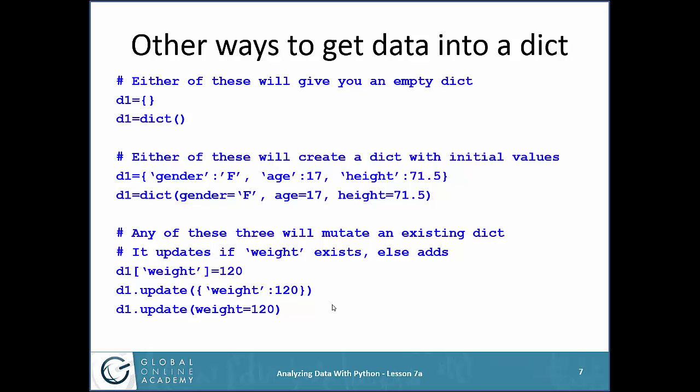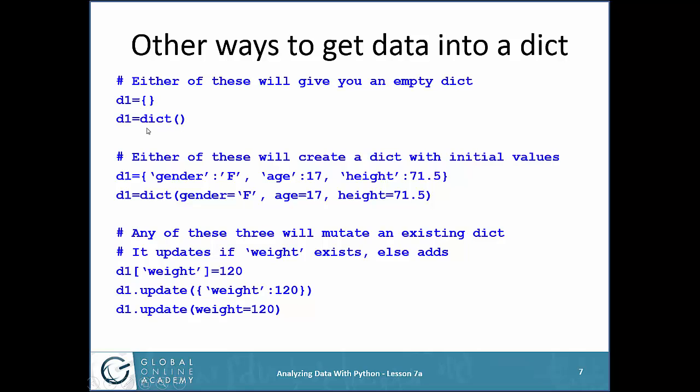Now there's some other ways to get data into a dict besides just when you first create it. You can start with an empty dictionary and then add key value pairs. Here's two ways you can start with an empty dictionary. You can either say D1 equals curly brace with nothing in it, or you can say D1 equals dict, parentheses,